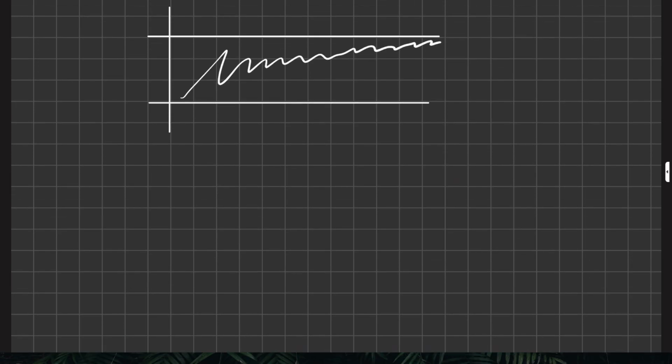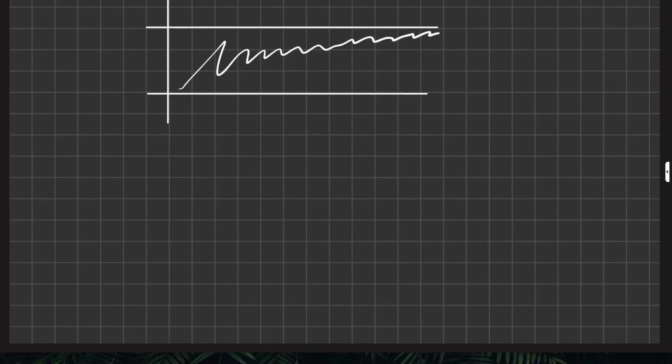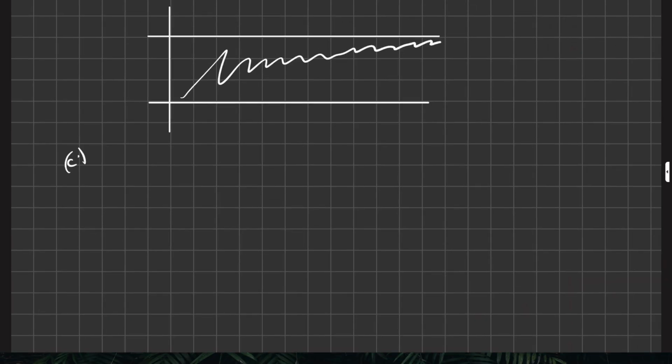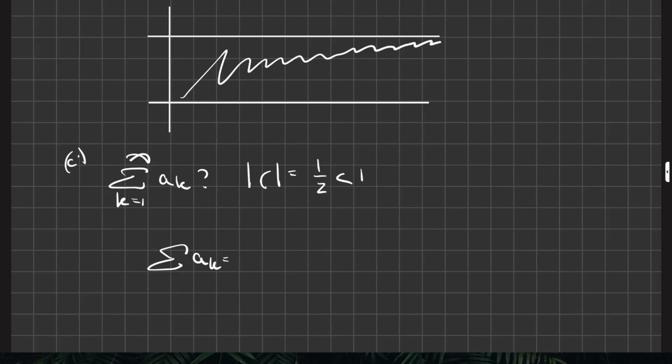Okay, now part C wants us to find the series represented by the sequence. So we're looking at what is this. Well, r is 1/2, which is less than 1. So this converges by the geometric series test. So our series is,